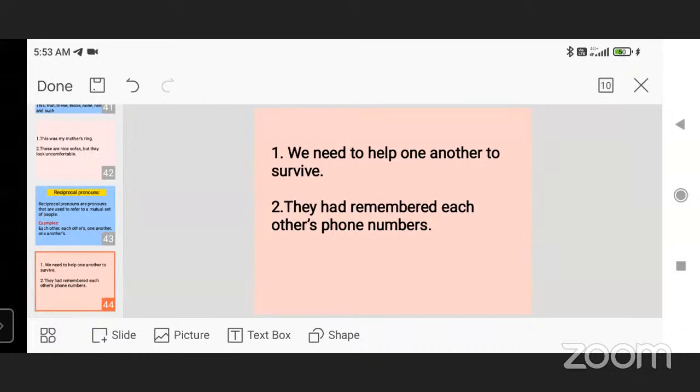So I can remember your phone number, and you can remember my number. That's why they called us. Yes, these are the examples. See here, some other examples: they greeted each other. If you see a person, like when you see your miss,